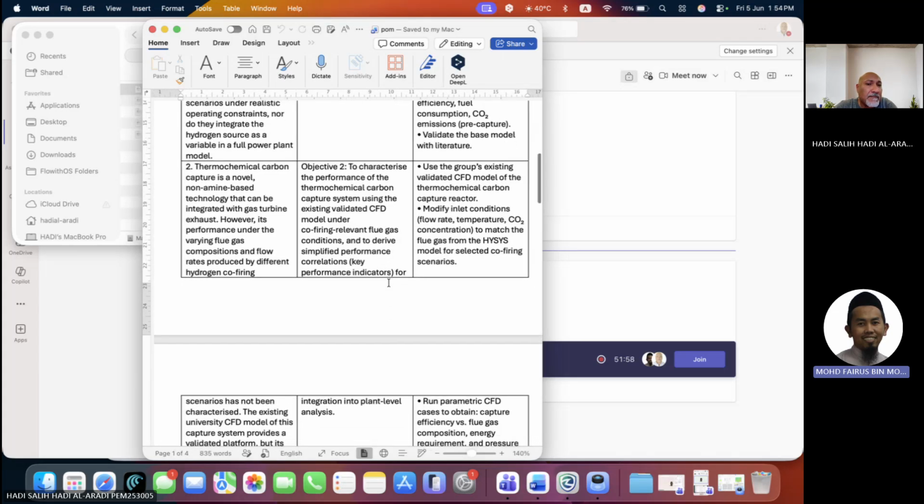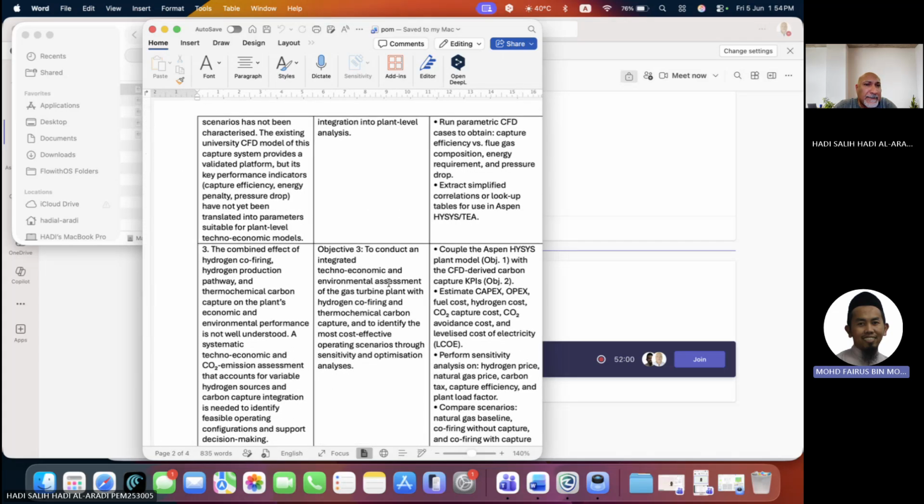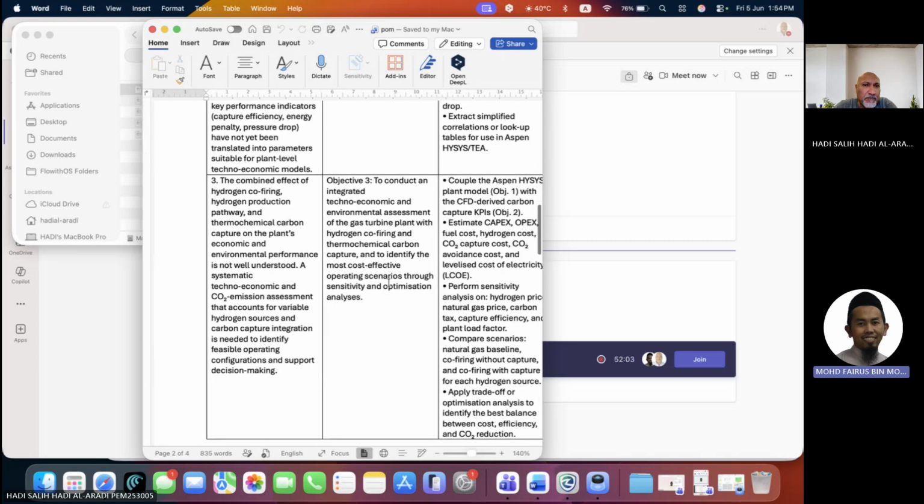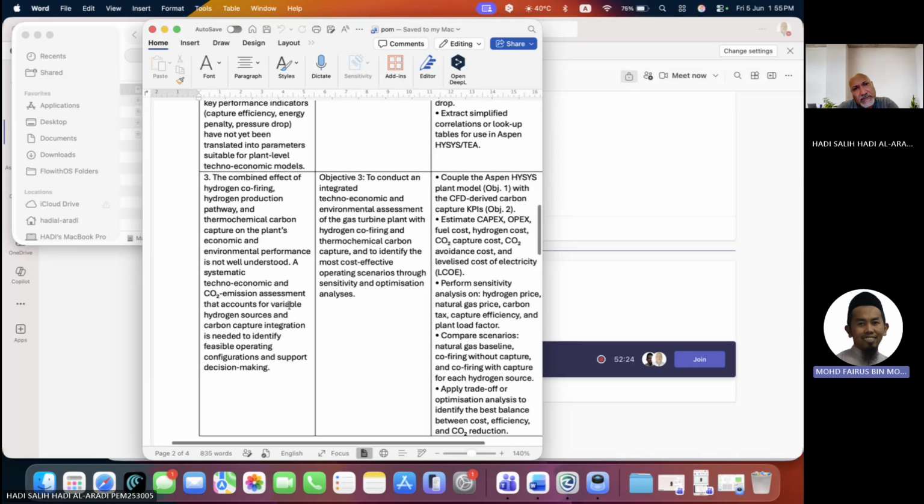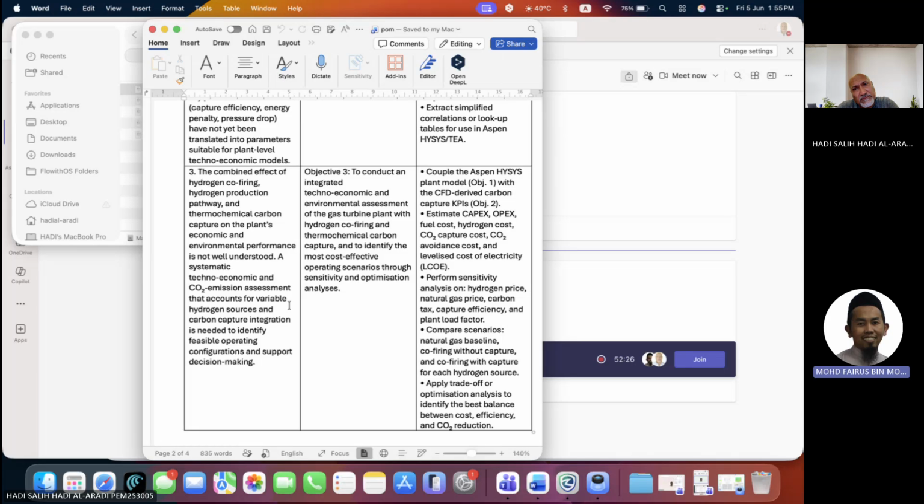All right then. In terms of TEA analysis in objective 3, will you use any particular tools, or is it a simple spreadsheet plan? I think I will use ANSYS, because ANSYS is a specialist in this aspect, as I heard. I don't know about ANSYS for TEA analysis. I know ANSYS for CFD or for finite element analysis that covers the solid and also the fluid for multi-dimensional models. But for TEA, I have never come across it.